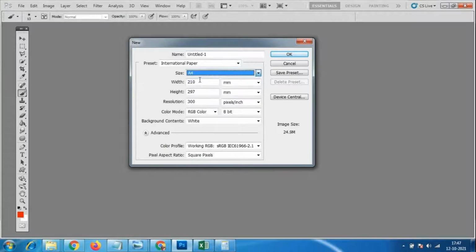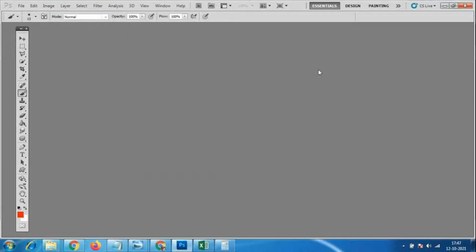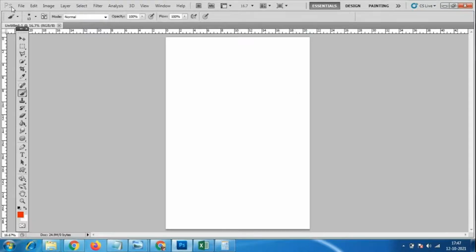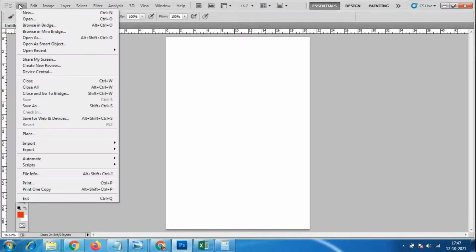Okay. Photoshop is an image editing software, so for this we need images. I told you people to download some images because I will start giving the assignment from today itself. We always take A4 size. According to that we have the 300 resolution, pixels per inch, and RGB color. No need to make any changes here, it will automatically take everything. Just click OK.